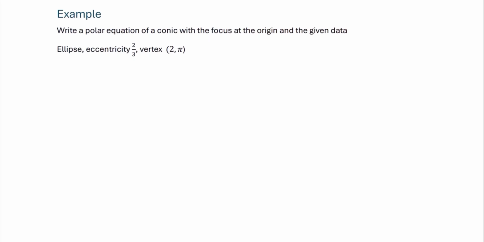And this time we will write a polar equation of a conic with the focus at the origin. And we're looking at an ellipse. Eccentricity is 2/3, and we have one of the vertices. Once again, I like to sketch something off to the side just to have a visual as to what it might look like. We know the focus is at the origin,